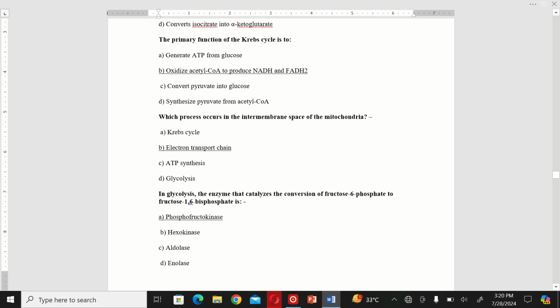The next MCQ: the primary function of the Krebs cycle is to A. Generate ATP from glucose, B. Oxidize acetyl coenzyme A to produce NADH and FADH2, C. Convert